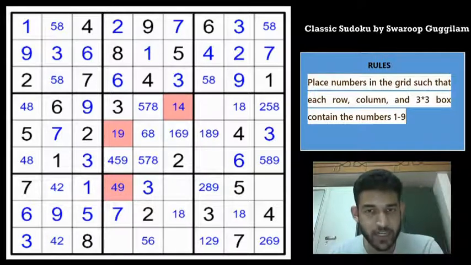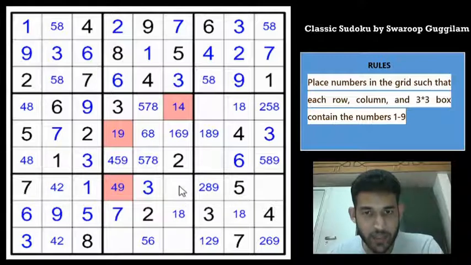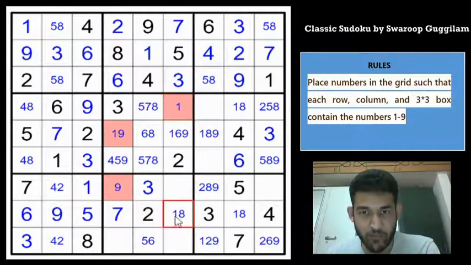So basically, to put it in simple words, when you have something of the pattern AB, BC and AC, then you can eliminate the digit common between the ends of the cells from these three cells, right? These three cells can't have a 4 now. Why? Because if you have 4 in any of these three cells, then this cell becomes a 9, I will show you. So this cell becomes a 9 and this cell becomes a 1, right? The moment you have 4 in any of these three cells, this becomes a 9 and this becomes a 1. So look what happens here now. You can't have any digit here.